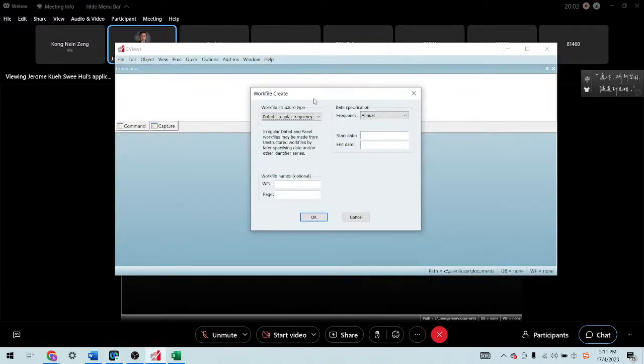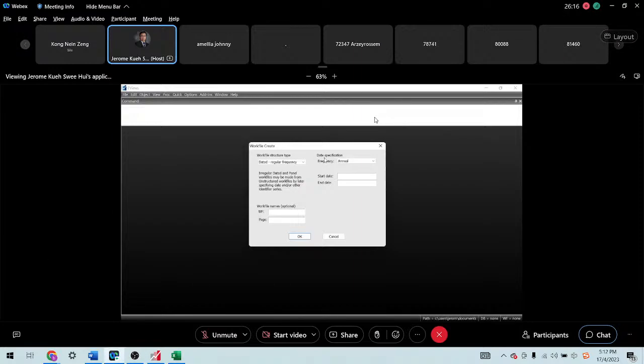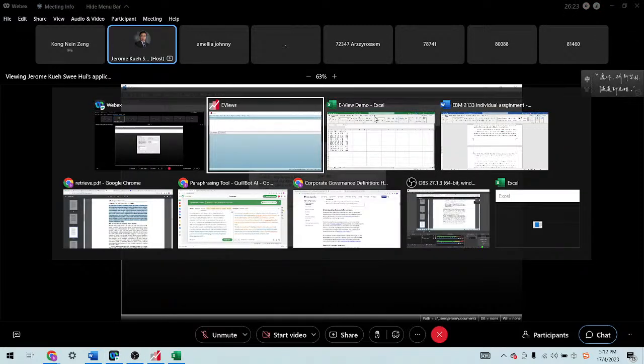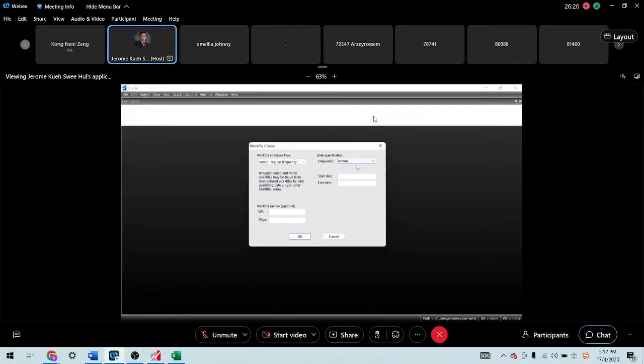This is the structure type of the database which should be set up in your eViews. If you move to the right hand side, you can see the date specifications and the frequency. This is very important because you need to look at how frequently the data is observed. For the frequency, we can have annual data, and if you click the drop down menu, you can see semi-annual, quarterly, monthly, bi-monthly, fortnightly, 10 days, or weekly.